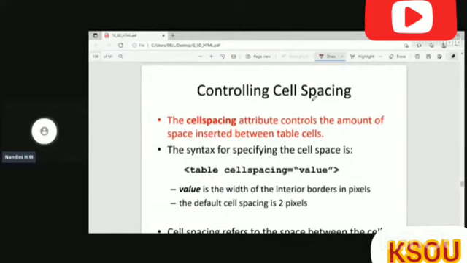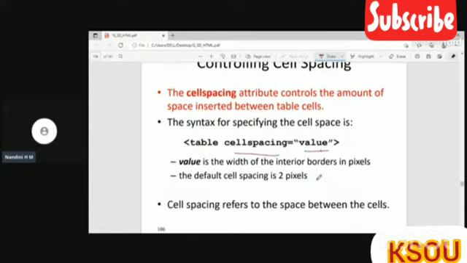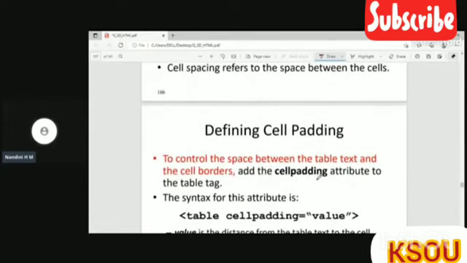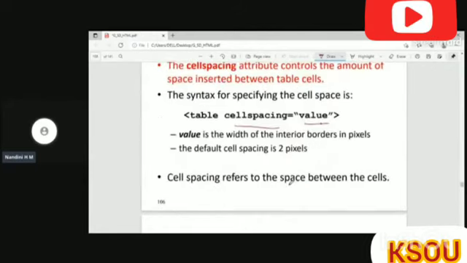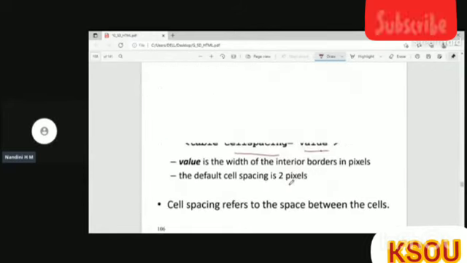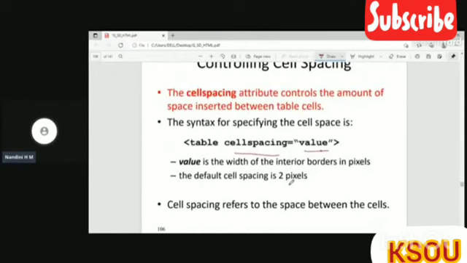And you can also control the cell spacing of the table. For that, you use the attribute cellspacing, and you can specify the value for that. And you can also set the cell padding. What is the difference between cell spacing and cell padding? The cell spacing attribute controls the amount of space inserted between the table cells.